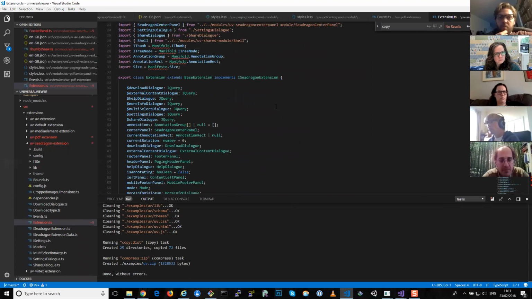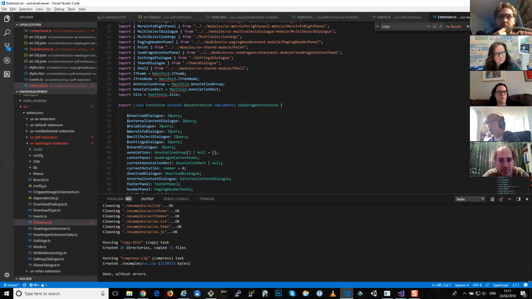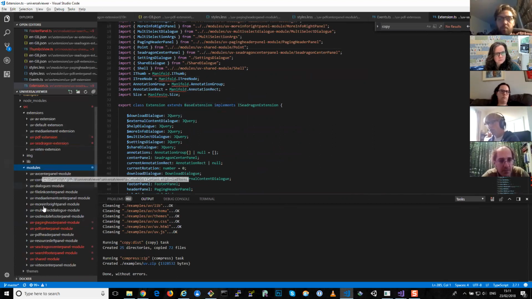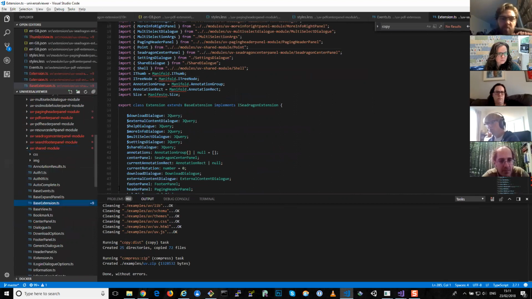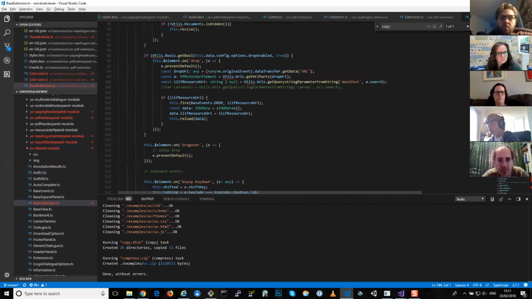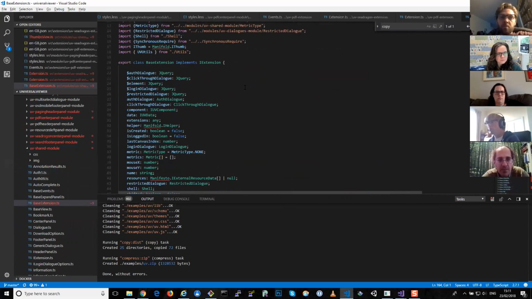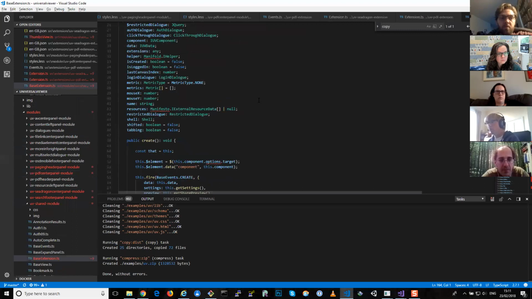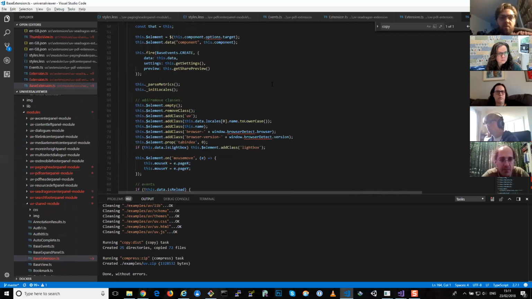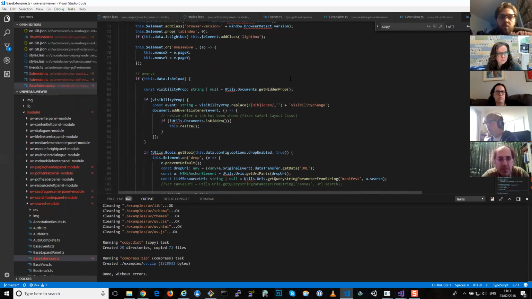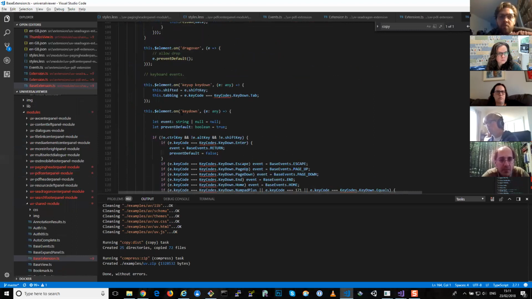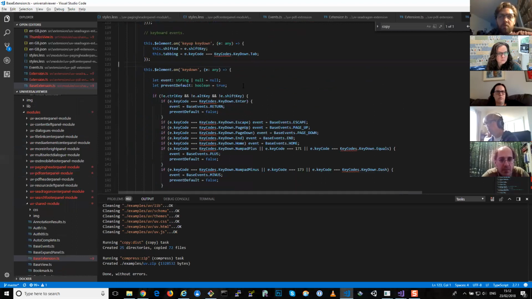And that is extending, because it's TypeScript and we've got this classes system, we can extend things. All of the extensions extend base extension, and that's in the UV shared module. And this does as much generic stuff as possible. Each extension inherits this, so you don't have to duplicate any functionality if you can avoid it. So there's lots of stuff around keyboard events and